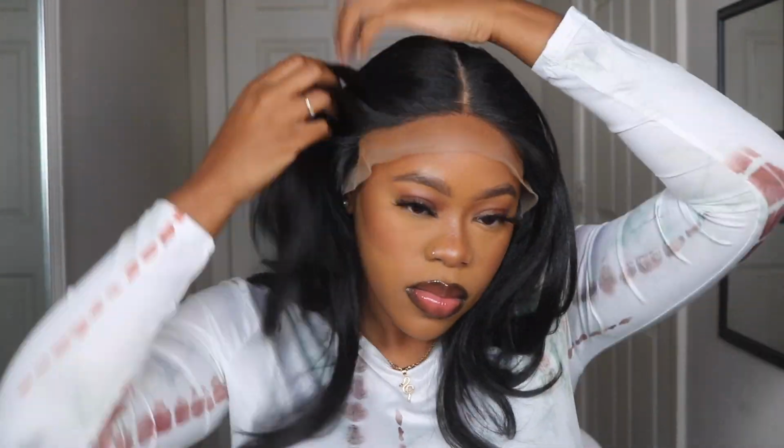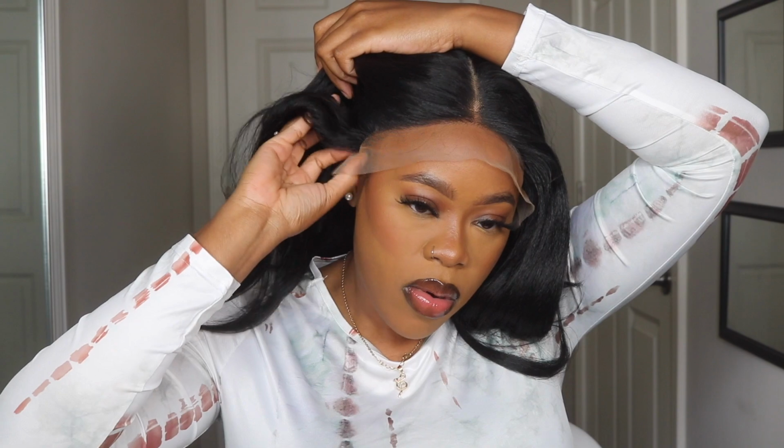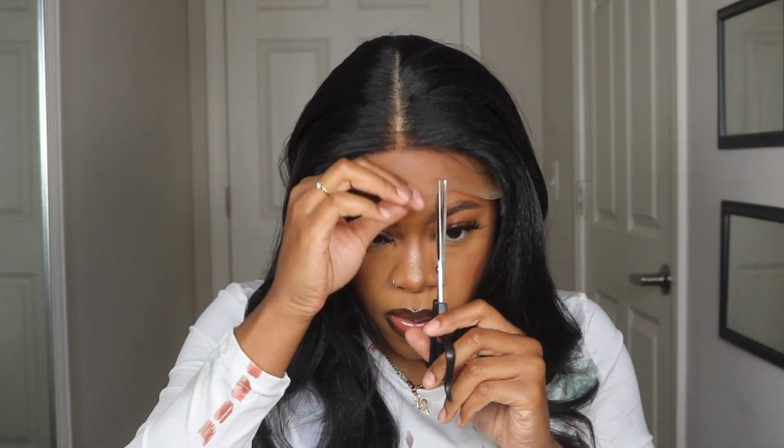The wig out of the packaging, it does have that lace space right there in the center part, as well as a little bit of lace space in the front of the wig, so you can pluck it as well. Now this unit does come with baby hairs, but I'm not going to install the unit with the baby hairs today. First thing I'm going to do is tint